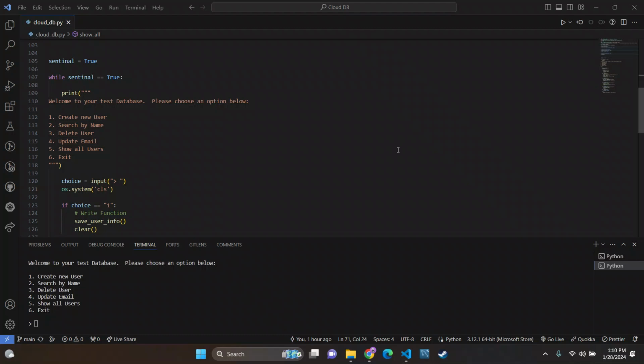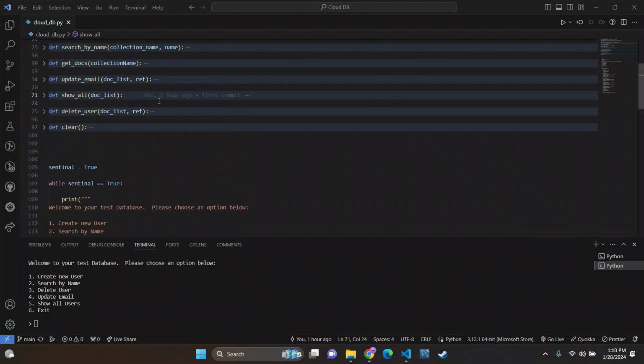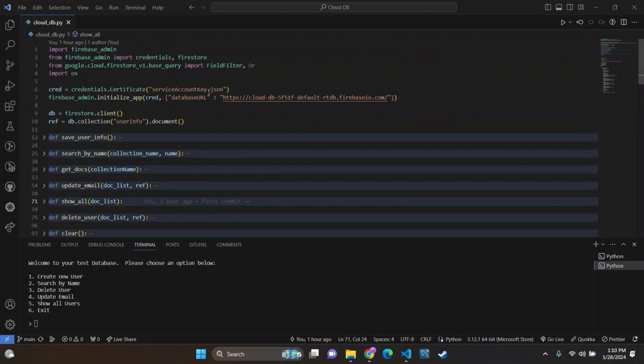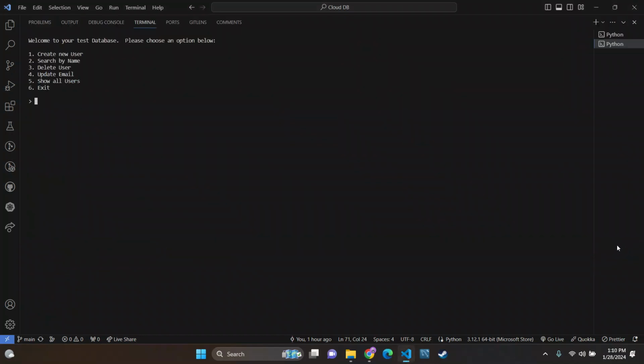All right, so this is just an explanation, a little demo of my simple cloud database connection through Python, using the Firebase Admin library and Google Firebase as my cloud database option. I'll show how everything works and I'll walk through some simple stuff in the code real fast. So first I'll show